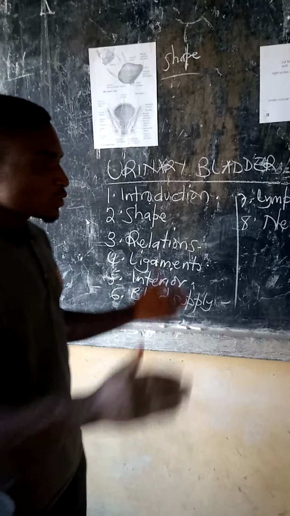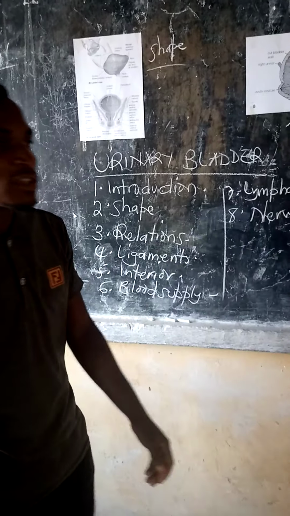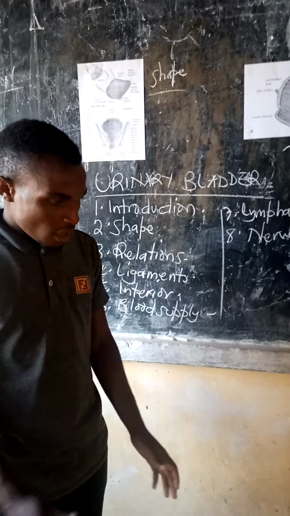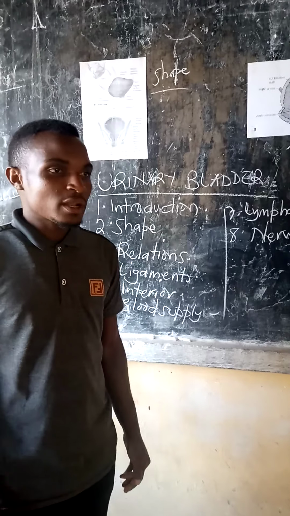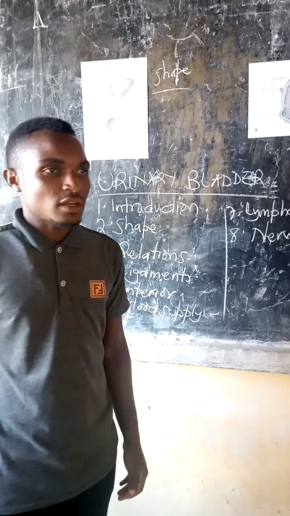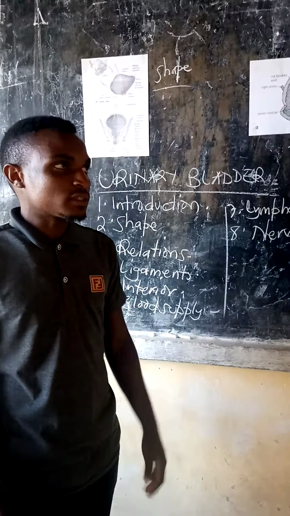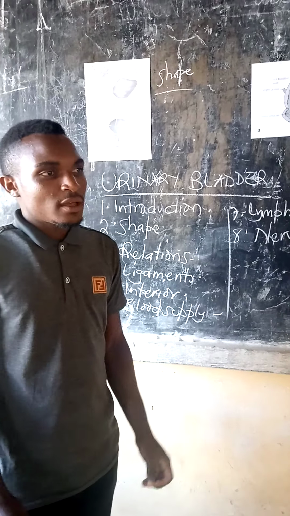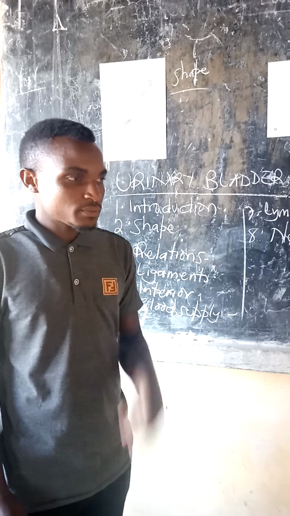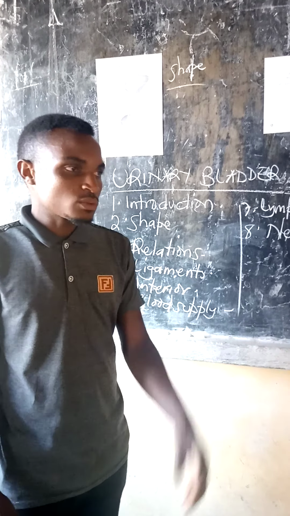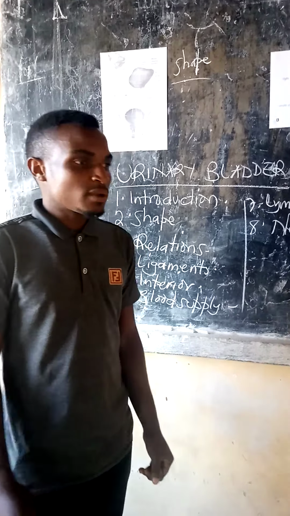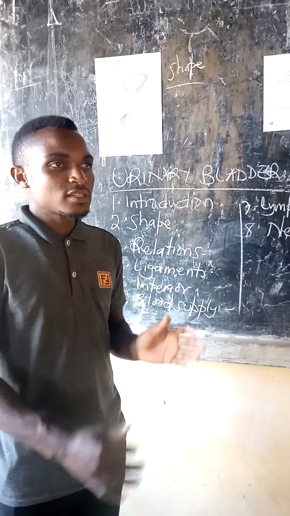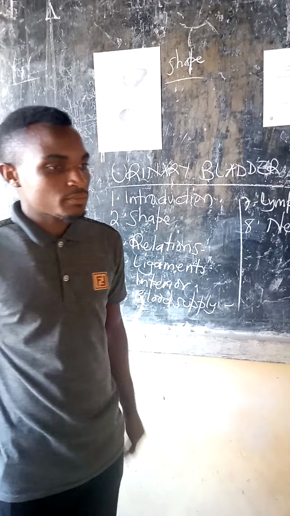To mention something in introduction about the urinary bladder: at birth, the urinary bladder is always in the abdominal cavity, actually in the lower part of the abdominal cavity, because by that time the pelvic cavity is too small. Then in children, as a baby emerges to a child, the bladder assumes a pelvic-abdominal place. That means it is in between the pelvis and the abdomen.